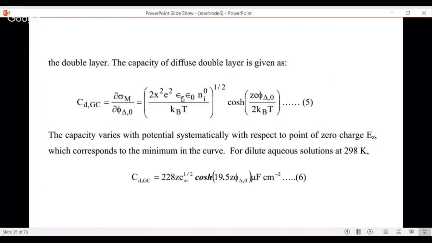It will all depend upon epsilon r, epsilon 0 the permittivity, the number of ions, and all those things. Please look at these equations. It will have a power. We already told you that all electrochemical reactions will have some terms to the power. We have to define this power and put the power carefully. We will come to it later on. The capacity varies with the potential systematically with respect to the point of zero charge. We will come to the point of zero charge. For example,